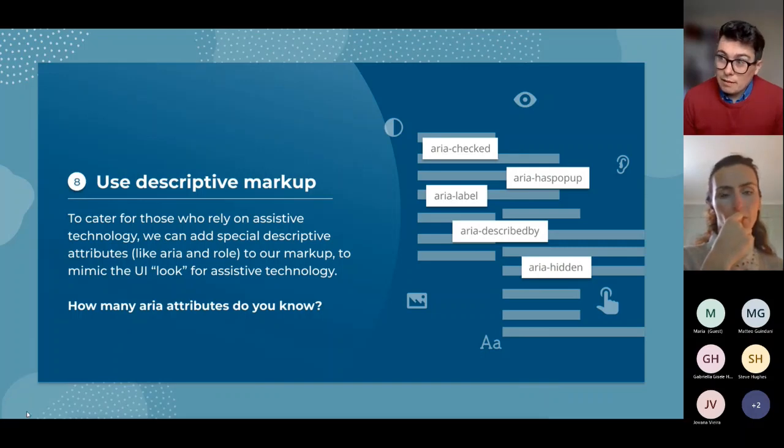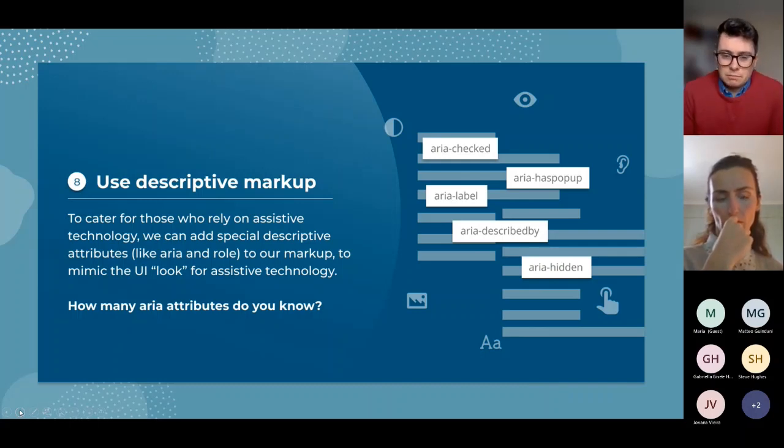But if you can't see the checkbox, there's no way of knowing if it's ticked or not. But if you have this attribute that says ARIA checked, which can be true or false, then it's really clear from an assistive technology perspective, we're able to provide that level of detail to the user, and they're able to know if they've toggled this thing on or off.